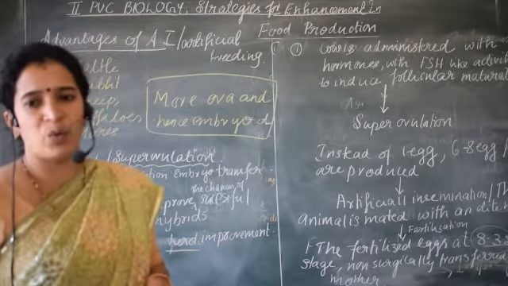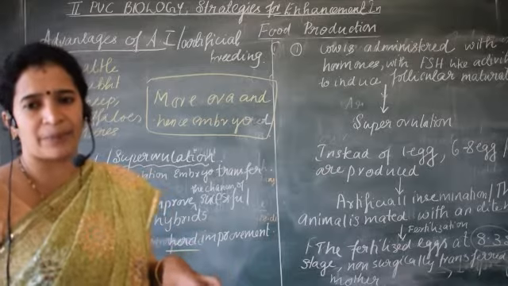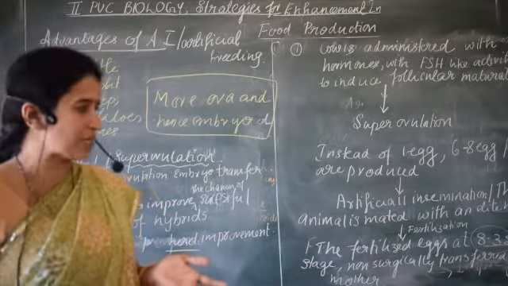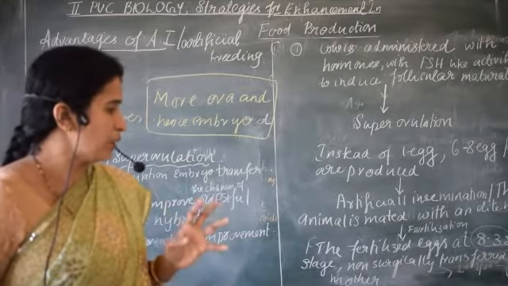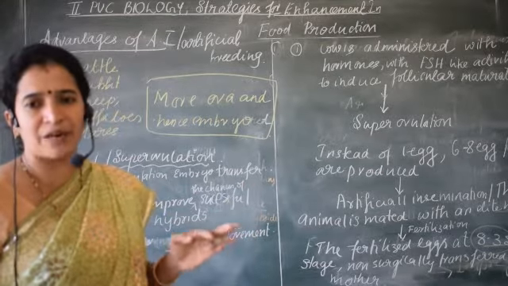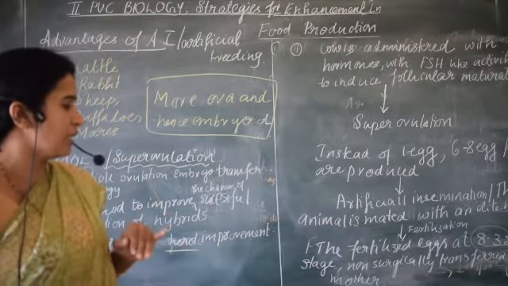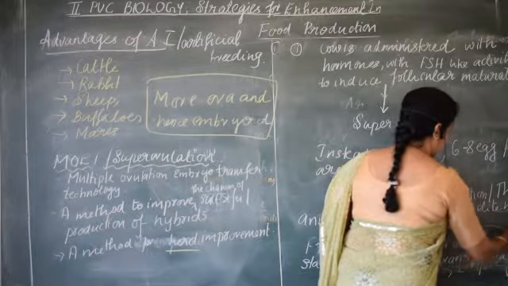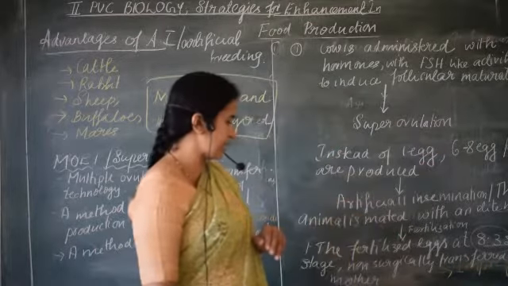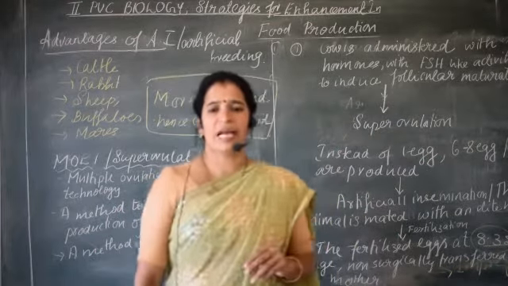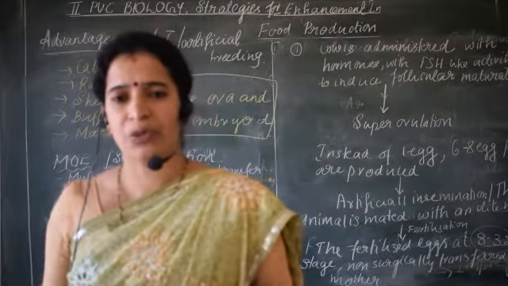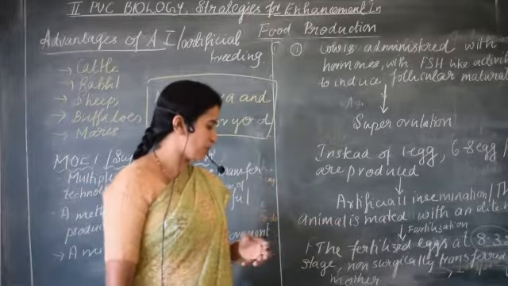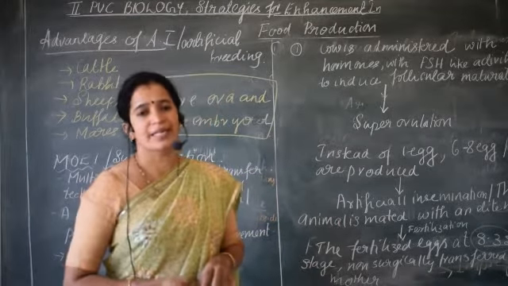Then later, once the eggs are released, during that period, artificial insemination is done, or normal mating also can be done with a bull. Then that leads to the fertilization. That fertilization results in the production of 8 to 32 cells. So at this condition, when these eggs reach the 8 to 32 celled condition, then non-surgically they are removed and transplanted into the surrogate mother.